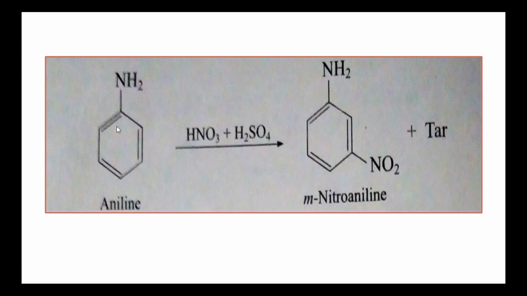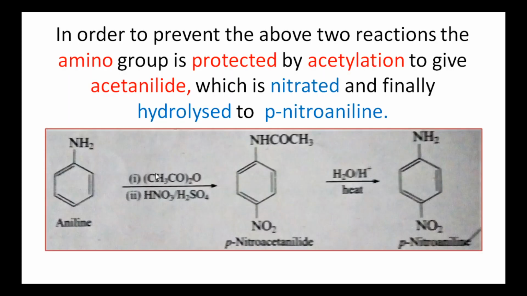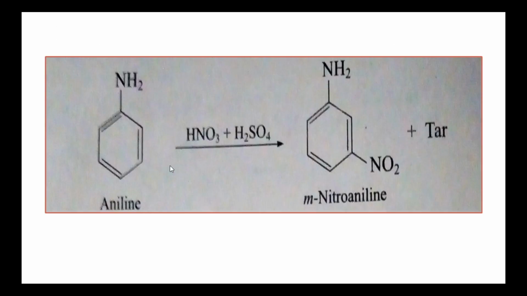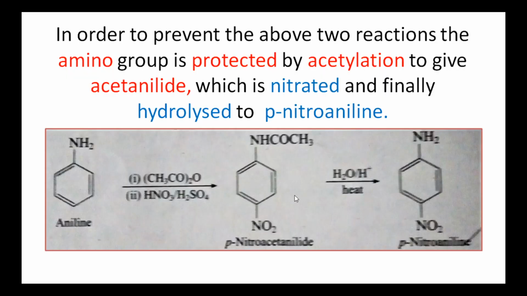That is, when aniline is nitrated with nitric acid and sulfuric acid, these two are oxidizing acids. So in the presence of oxidizing acids, aniline is oxidized to tar-like products, tarry oxidation products. And since these are acids, in this acid medium aniline is converted into the anilinium ion. The anilinium ion is a meta-directing group, so it forms the product meta-nitroaniline. So based on these two complications, direct nitration is not performed.